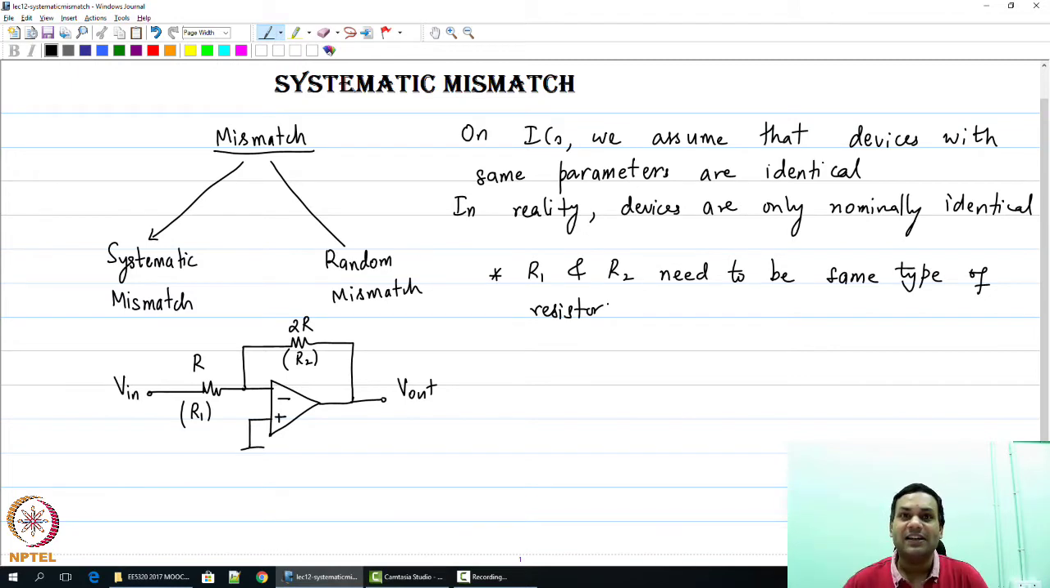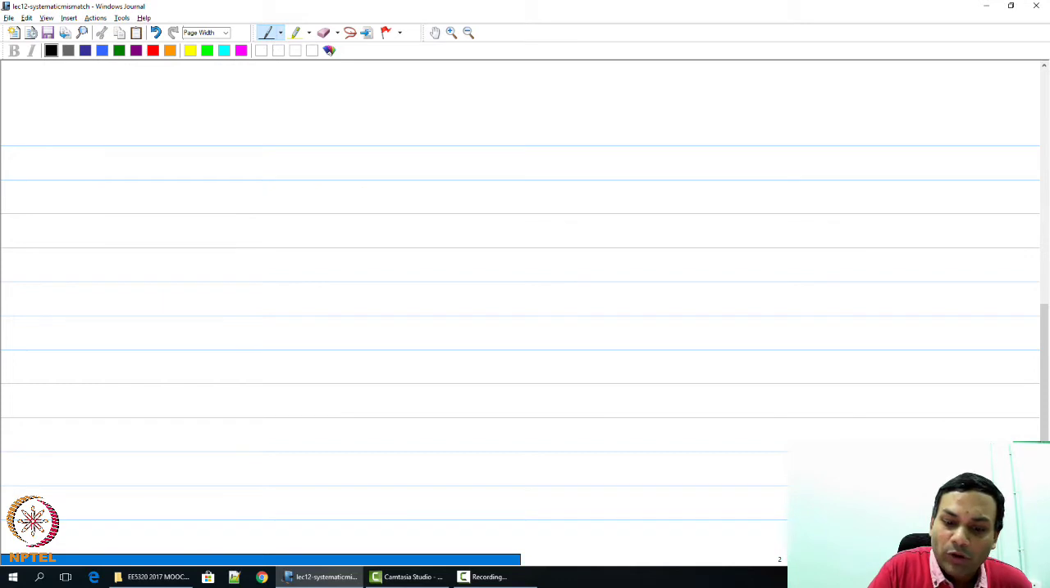Now, this is like the 0th order of mismatch understanding we need to have before we start looking at this in a little bit more detail. Now let us say we choose the diffusion resistor. Let us go to the next page. So let us say I am going to build R1. I am going to take a piece of diffusion,